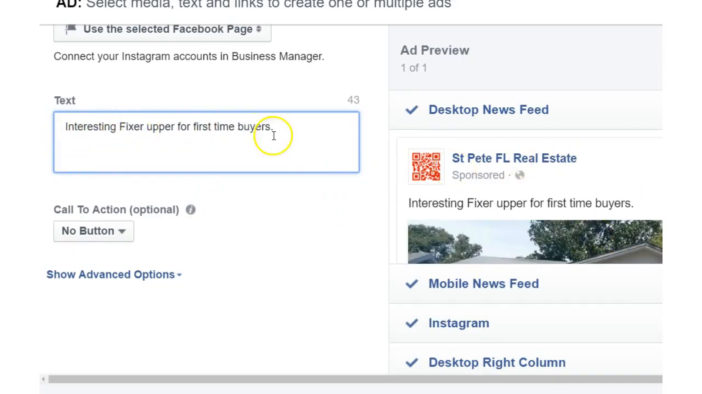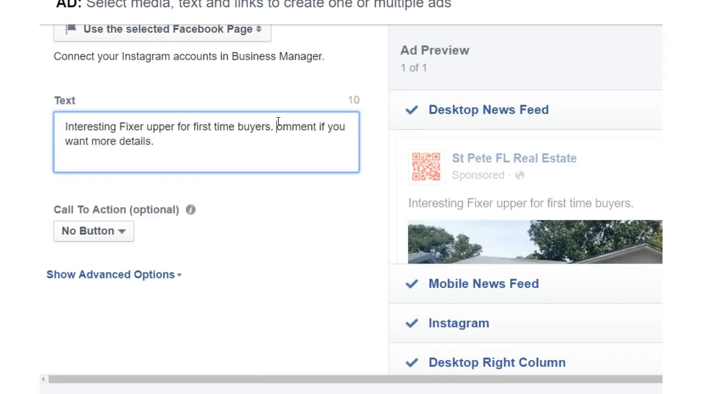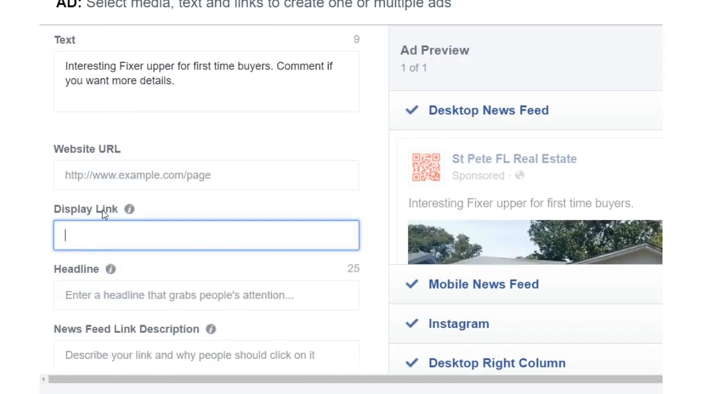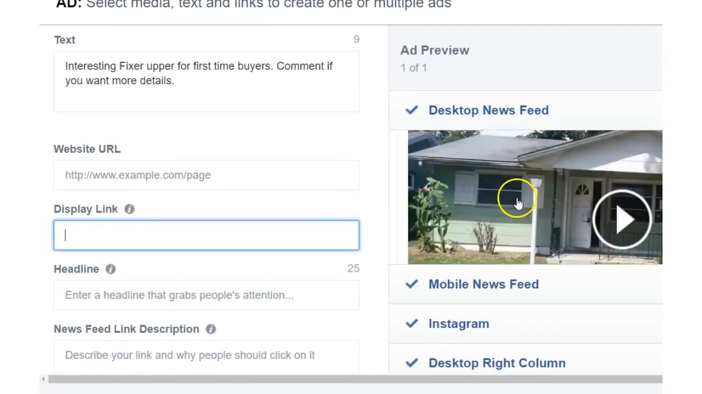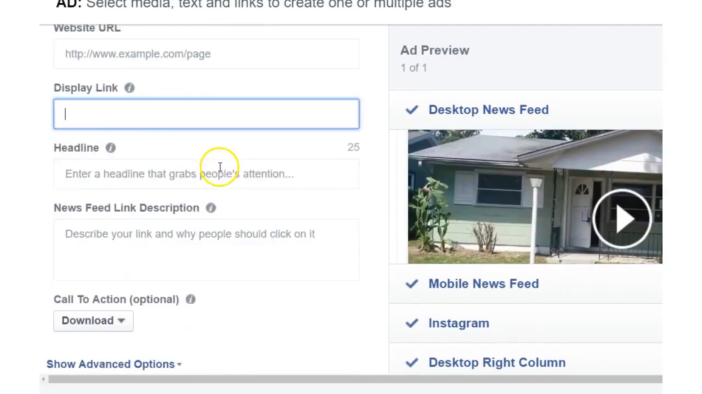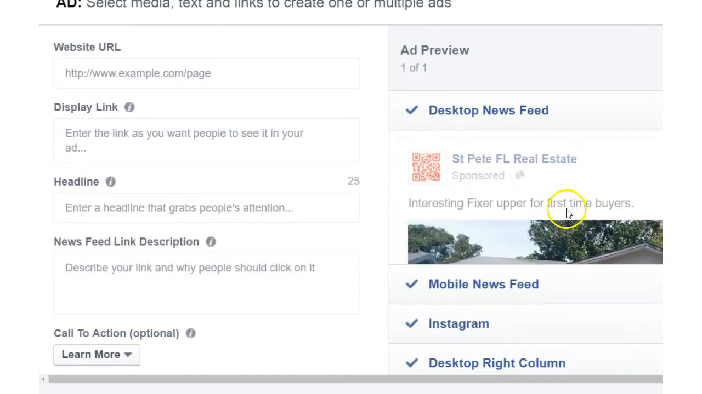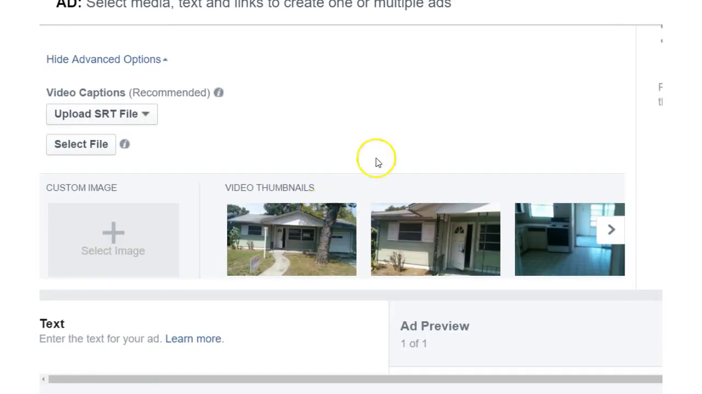So my text is interesting fixer-upper for first-time buyers. Watch the video, then comment if you want more details. Facebook's telling me it's too long, so I'll just say comment if you want more details. My call to action is learn more. And I can display, if I have another page, a website that folks link out to after the video is done, or I can leave that blank if I want. And that is it. I am done. Just like that, I'll be able to show this property to 1,500 people